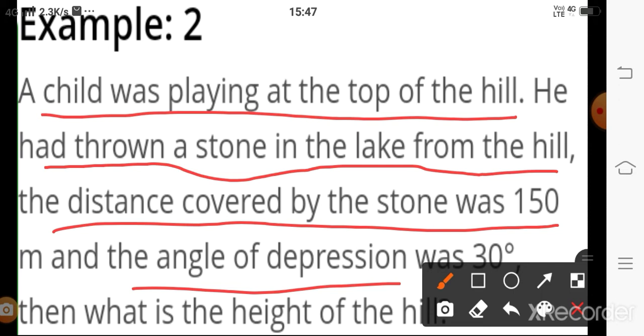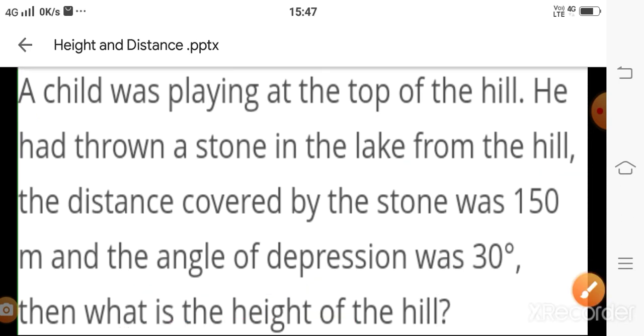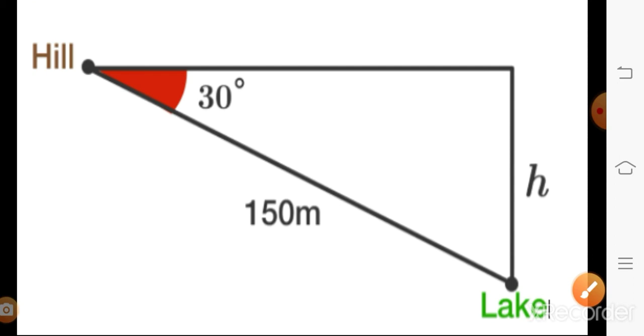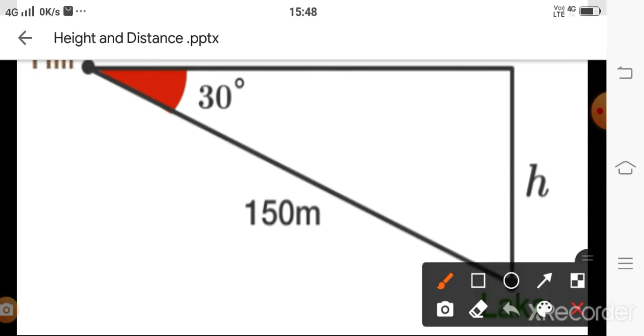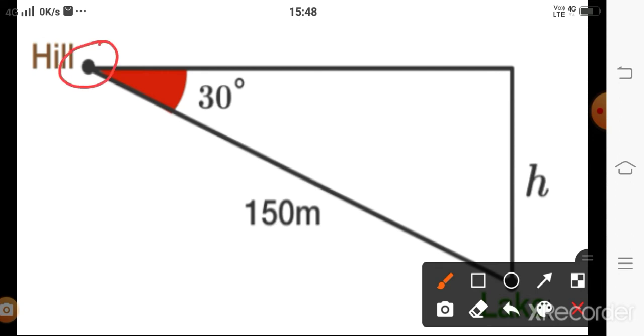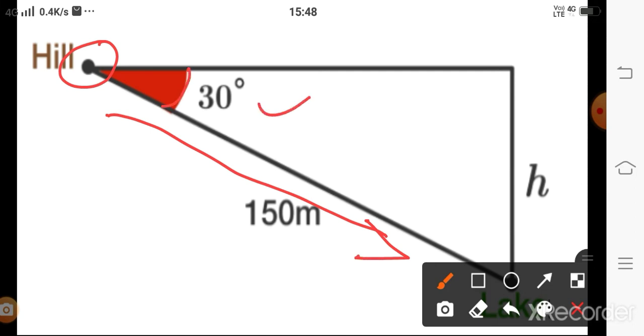top and he throws something in a downward direction, it means that we are getting the angle of depression. What is the height of the hill? We are able to find the height of the hill. If you observe, he is on the top of the hill, and from this point he throws something which is 150 meter, and the angle of depression is given 30 degree, and the height of the hill we have